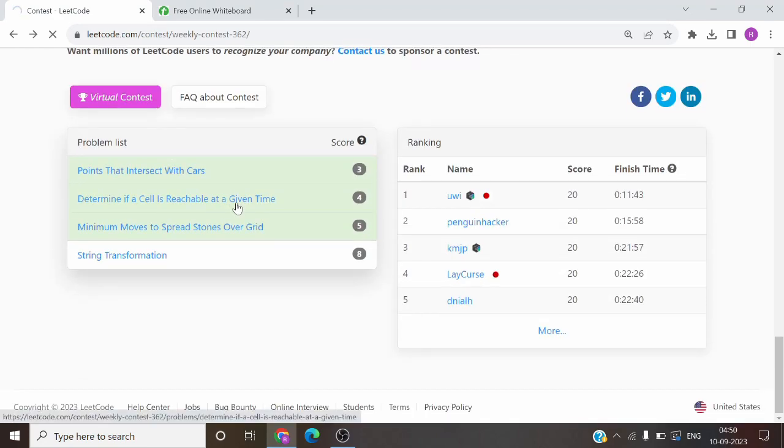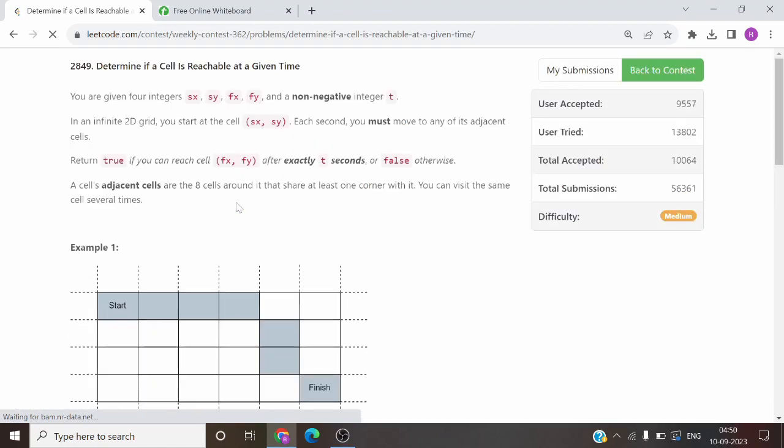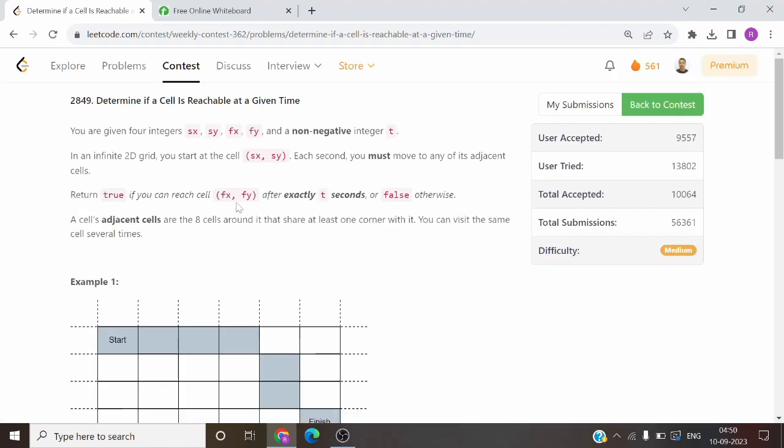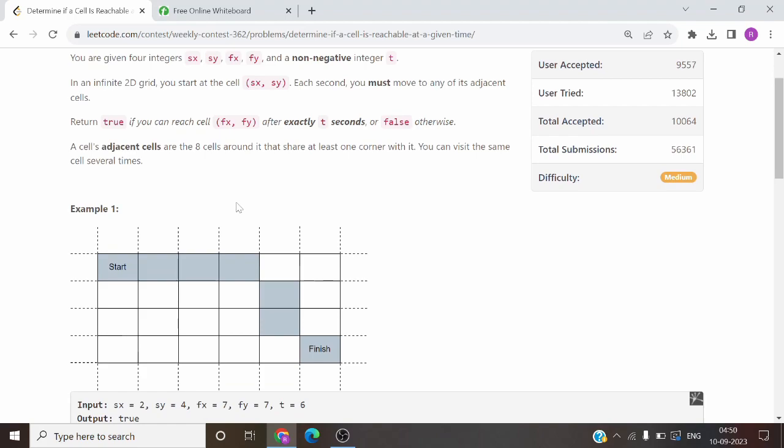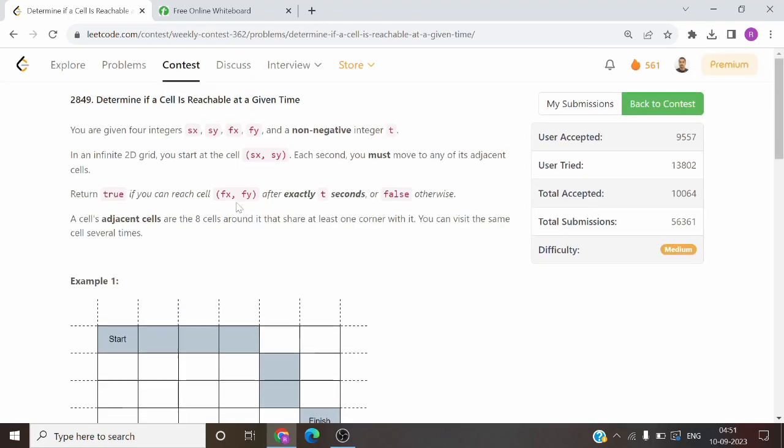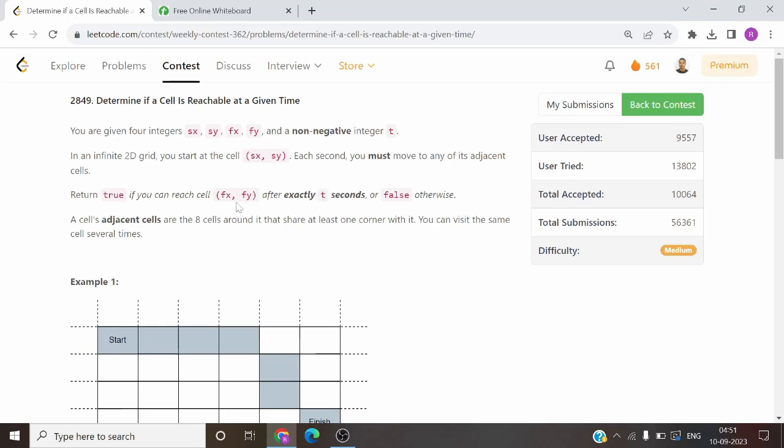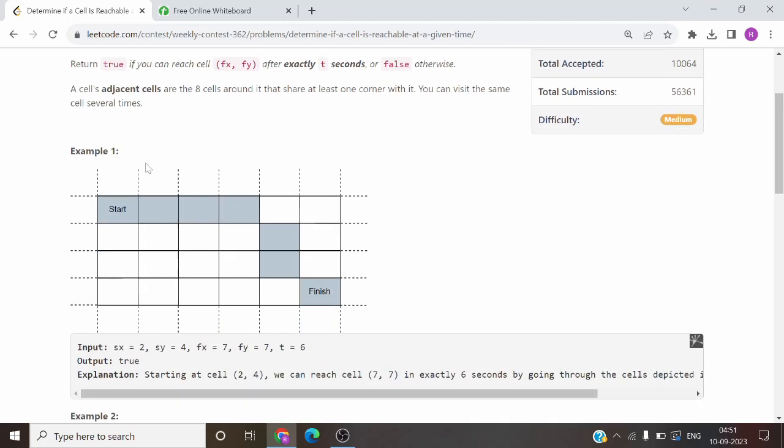नाउ द सेकंड क्वेश्चन इज डिटरमाइन इफ अ सेल इज रीचेबल एट अ गिवन टाइम। तो ये और ज्यादा इजी प्रॉब्लम है, मतलब टैग इसका मीडियम है, बट ये बहुत ज्यादा इजी प्रॉब्लम है। तो प्रॉब्लम, if you have read the problem, so you can pause the video and read the problem if you haven't, and if you have read the problem I will start with the explanation। बहुत इजी है। एक स्टार्ट पॉइंट दिया है, एक एंड पॉइंट दिया है, और बोला है